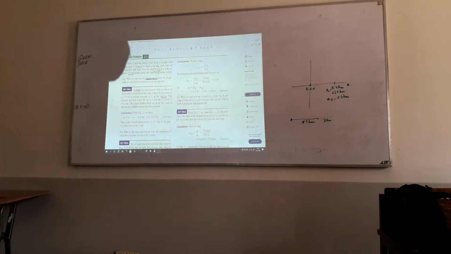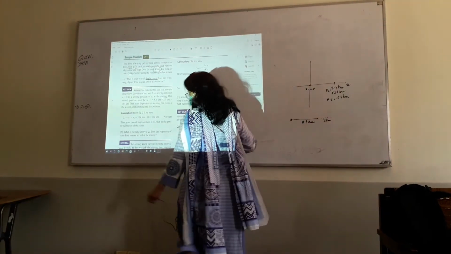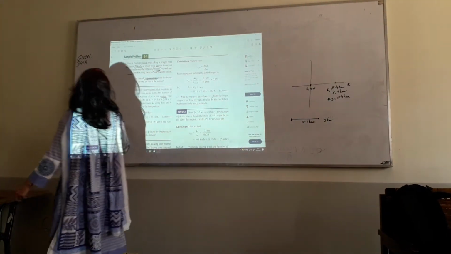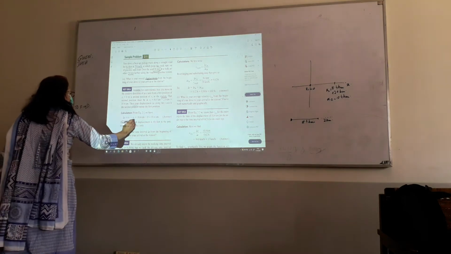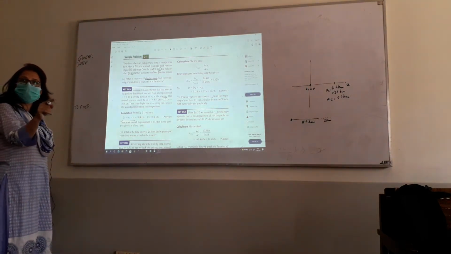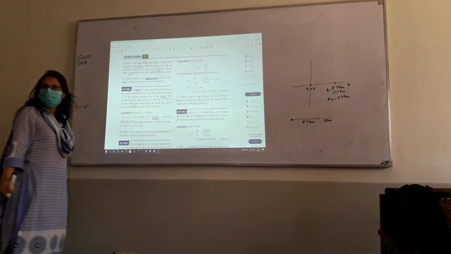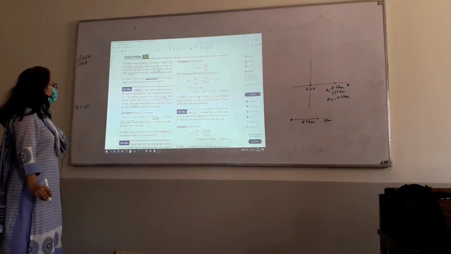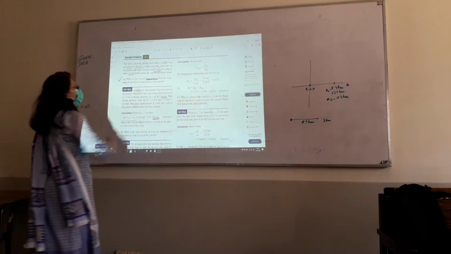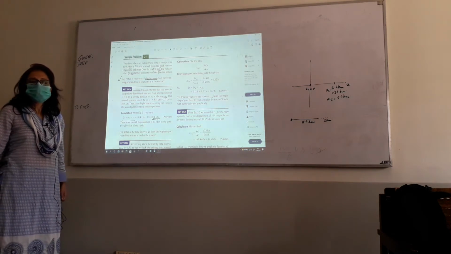So we know that the displacement is, as we have studied before, delta x, we have studied this formula. It's the change between the two positions, which is delta x, x2 minus x1. So x2 was 10.4 kilometers, x1 was 0, we subtracted and this is the answer. Okay? So you have solved part A. Was it difficult? No, it's easy, right?